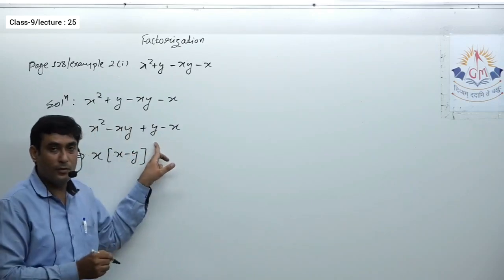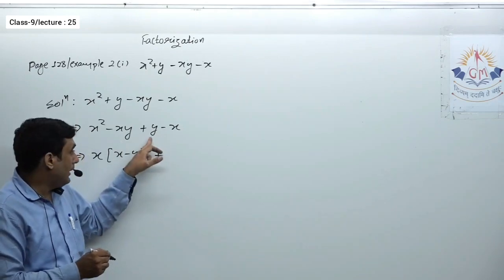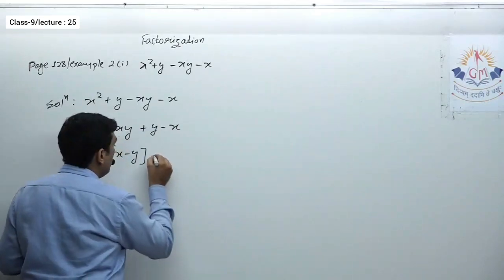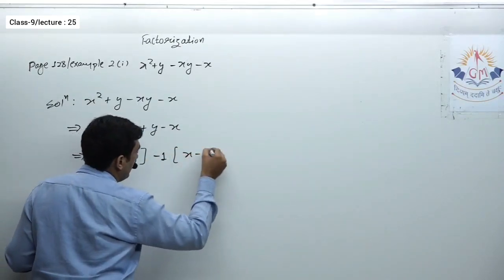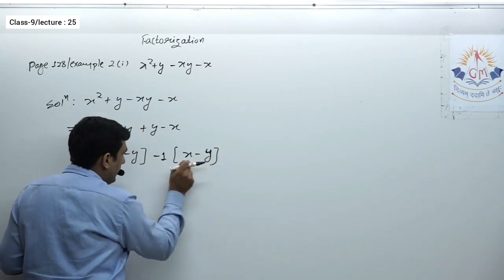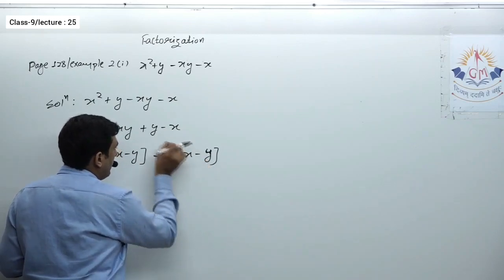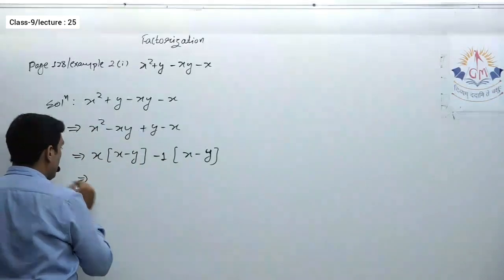But as I told you just right now, we can make them the same. See, there is a difference of only the minus sign. Okay, so if I want to make it x minus y, what do I have to do? I have to take minus 1 common. So when I take minus 1 common, here I get x minus y. You can reverse check as well. See, minus 1 multiplied by x is minus x. Minus 1 multiplied by minus y is plus y. That means it is correct to take common minus 1.